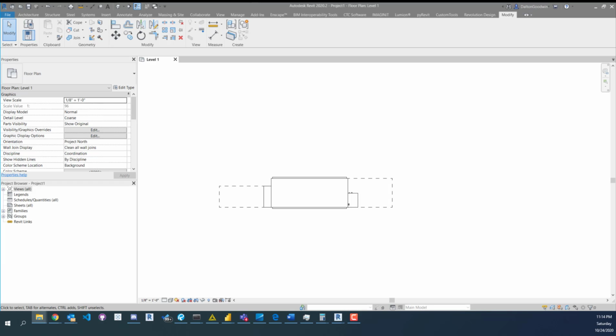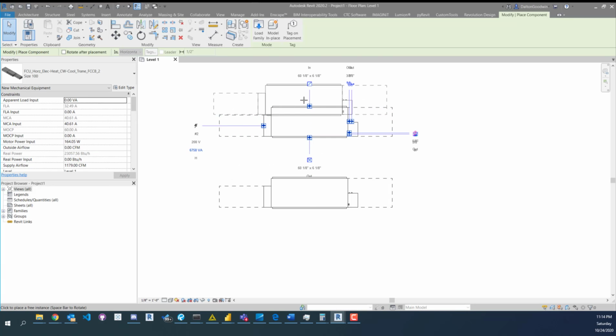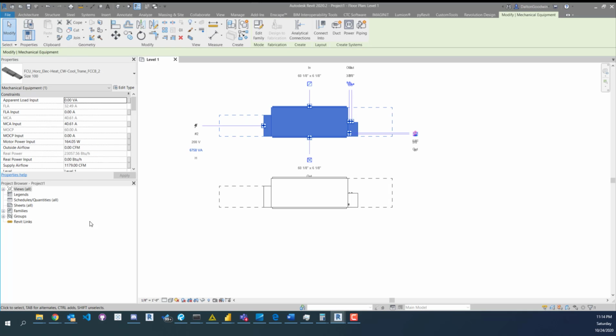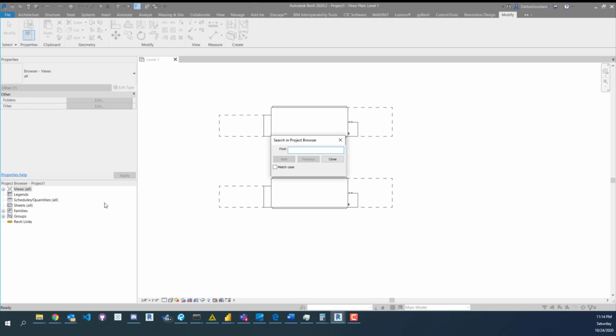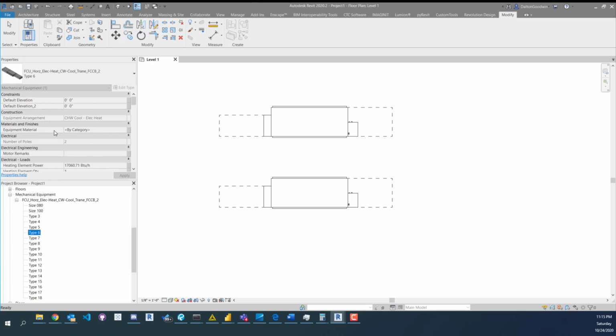So what we can do is just drag over the updated one. We'll just say update parameters. We'll search it over here, FCU. You can see all the different types. They're still there, and all we have to do is now just